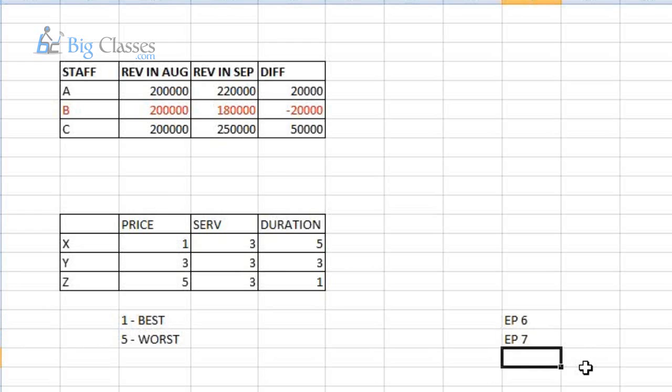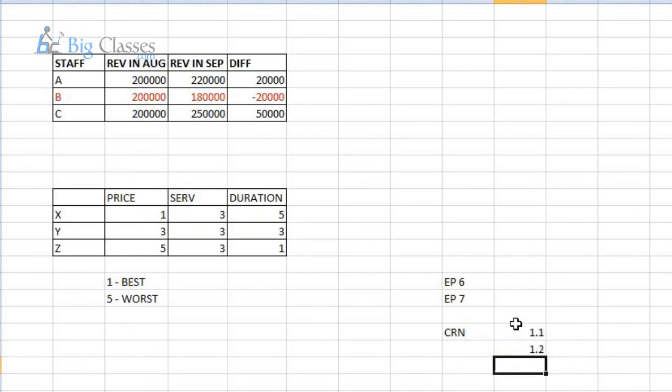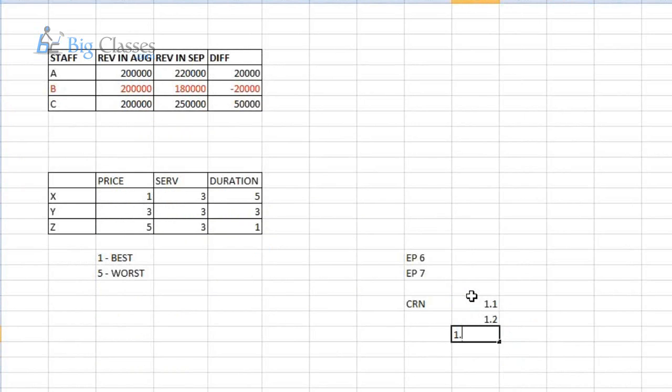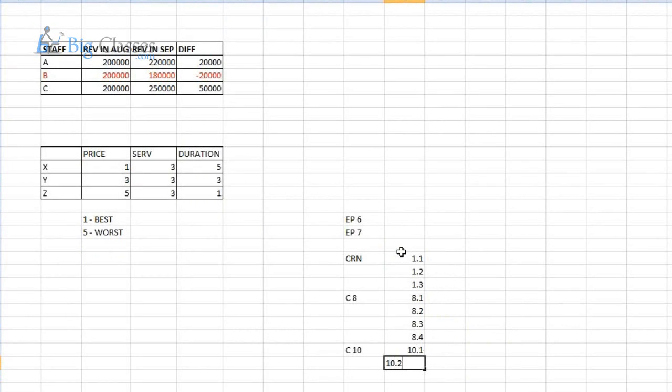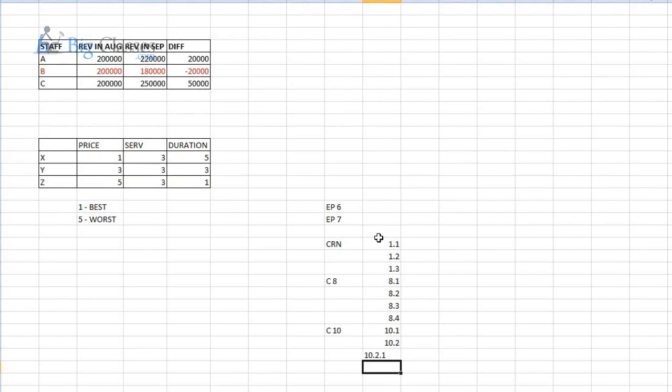7.1, 7.2, 7.3, like that versions are there. And then Cognos ReportNet was released, here Cognos ReportNet 1.1, 1.2, 1.3. And then the Cognos 8 series was released, here 8.1, 8.2, 8.3, 8.4, and then the Cognos 10 series was released, and here 10.1, 10.2, and they started subversions, 10.2.1,